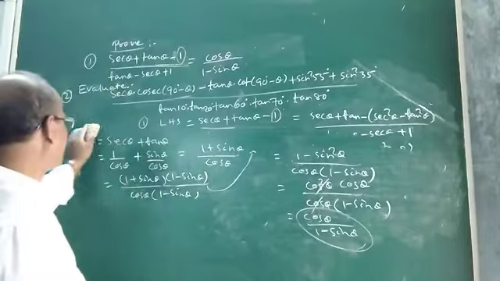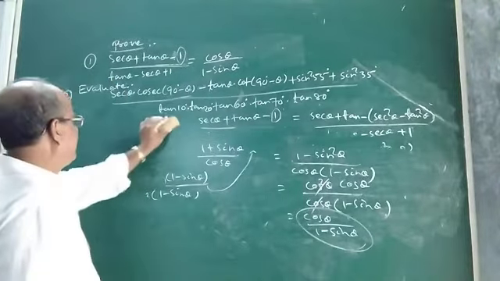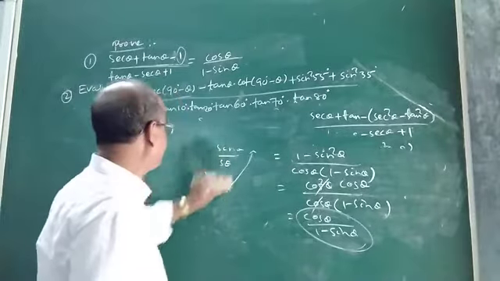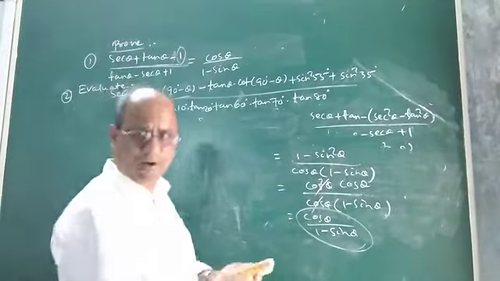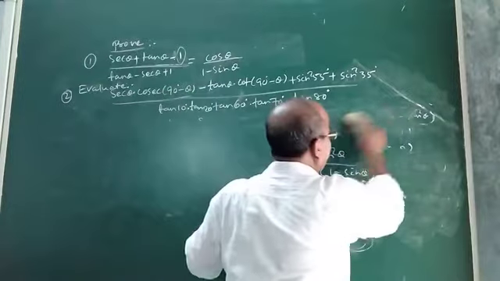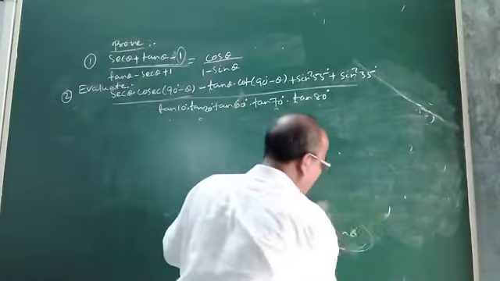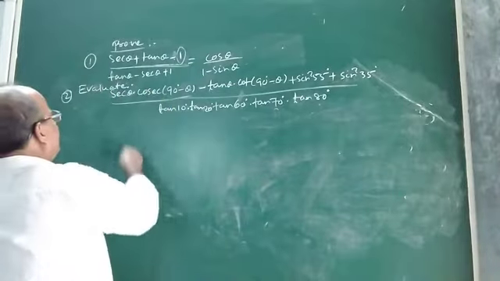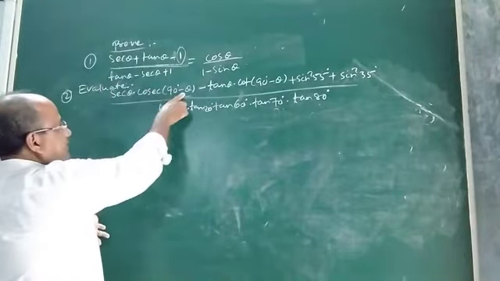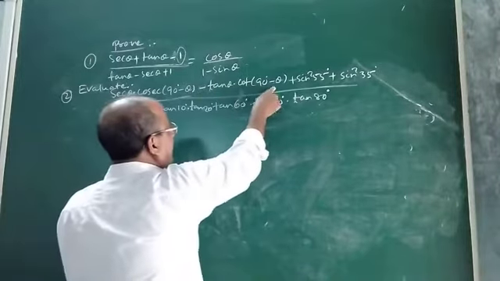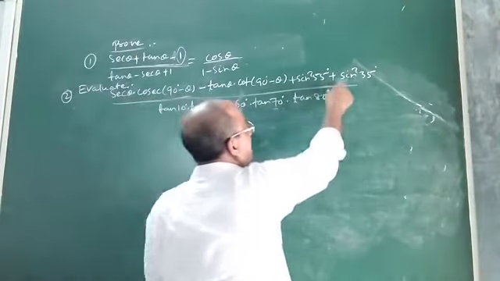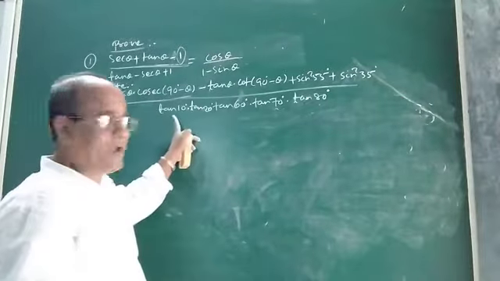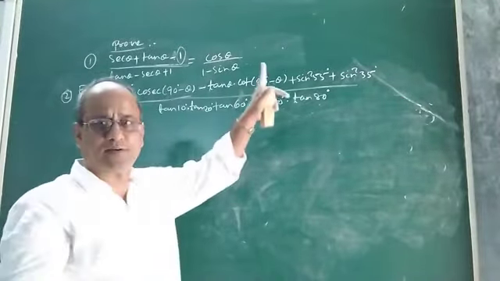Next, let us consider another question. In question number 2, suppose you are given a trigonometric expression like this. Evaluate. Evaluate means to find the value. To find the value of any expression, that is called evaluate. Suppose you are given to evaluate sec theta into cosec 90 minus theta minus tan theta into cot 90 minus theta plus sin square 55 plus sin square 35, whole divided by tan 10 degree, tan 20 degree, tan 60 degree, tan 70 degree, tan 80 degree, such a big expression. What will be the value?